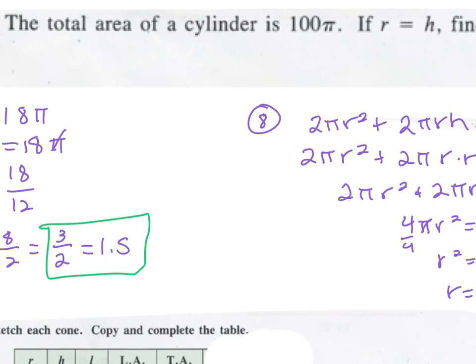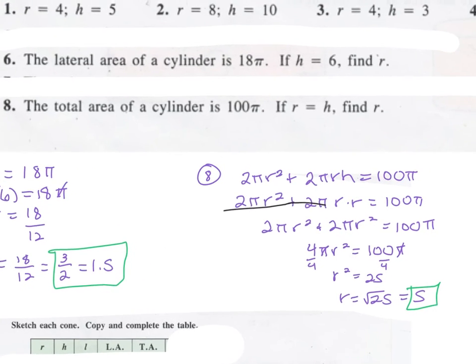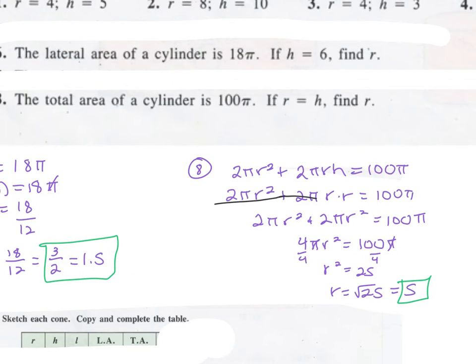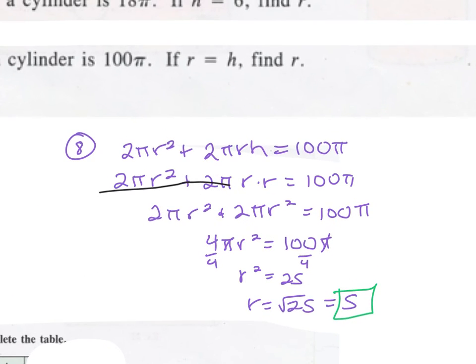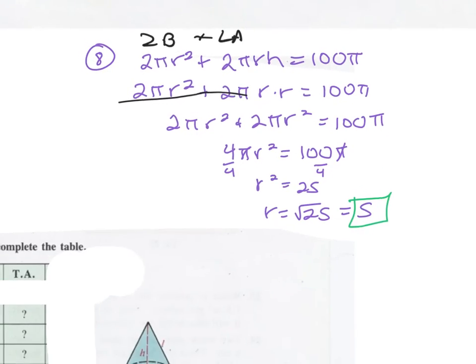Number 8. This time they gave us the total area, and again they wanted us to find radius. So what we needed to do here was plug it into the formula. So this is the 2B plus the lateral area. So we went ahead and worked to find the radius. Pretty good on that? Okay, next,